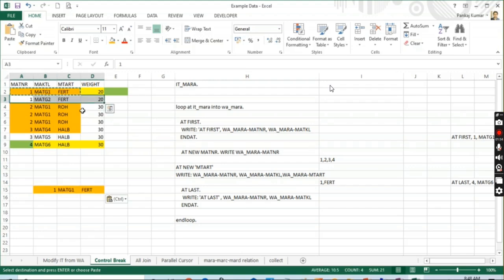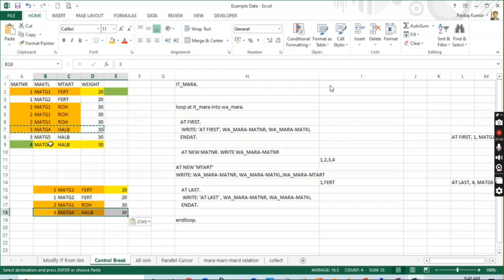Okay, if we're going to print everything, then all this output will come, control V, then this will be also printed, control V, then 2 MATG1, if your data is like this, it will print, and here you can see that everything is fine, this other two, so it will directly come to MATG4. Okay, control V, but here MATG5 is also different. For at mtart, I have written at new mtart. Okay, so just copy this one, so control V, and here also suppose if it is 5 over here, then